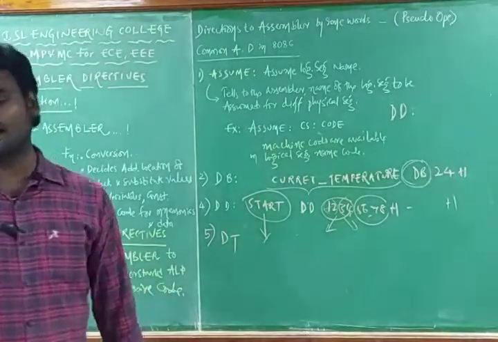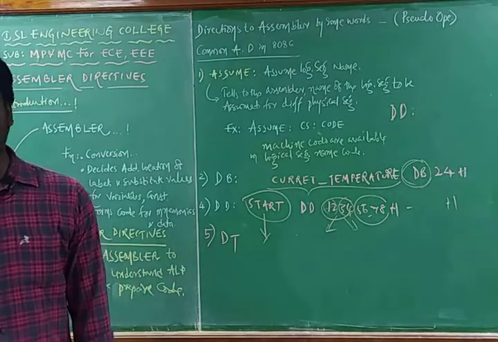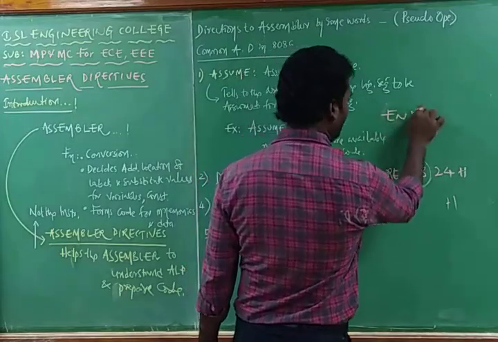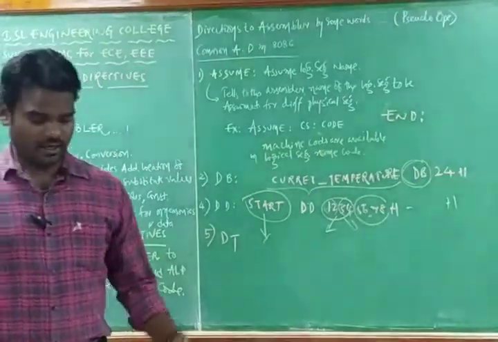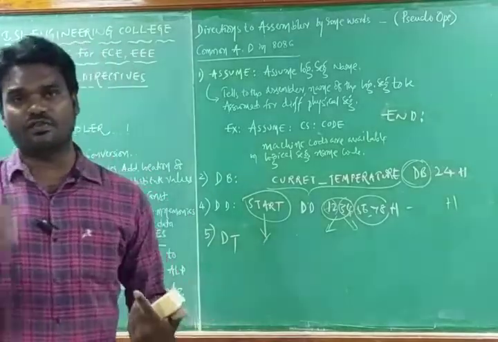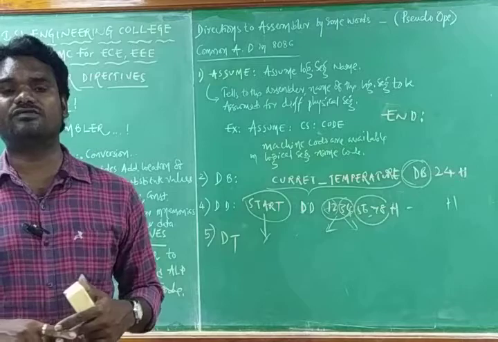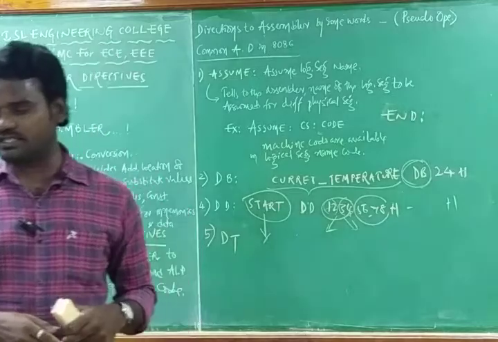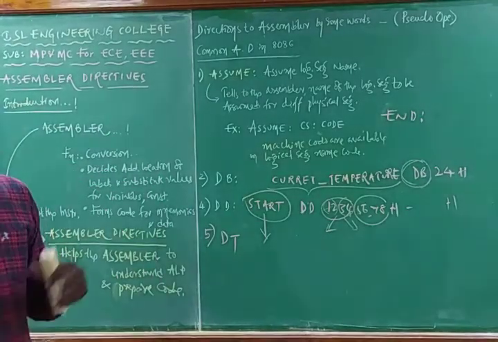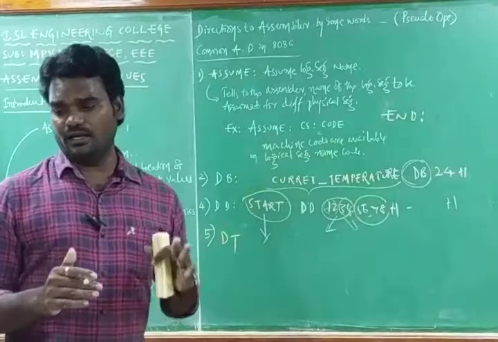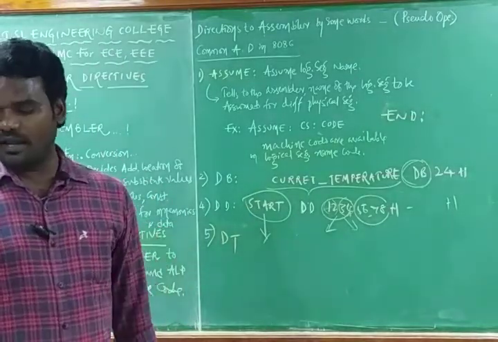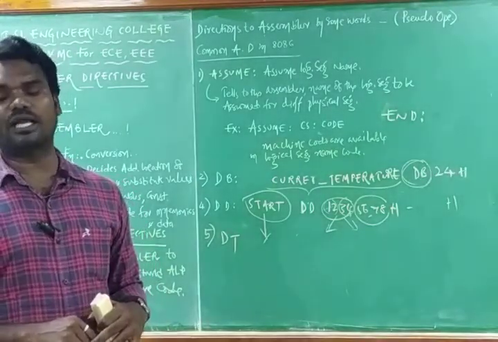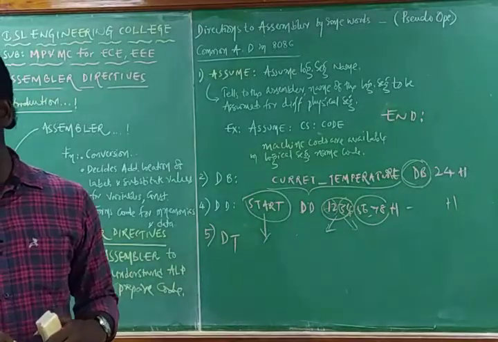And the next assembler directive is end program. End program is represented with the assembler directive END, so that after executing some instructions, we must write the END as an assembler directive, such that beyond that END, if any instruction is there, it is not going to be executed. So we have to write END at the end of every program. This assembler directive is put after the last statement of a program to tell the assembler that it is the end of the program module.